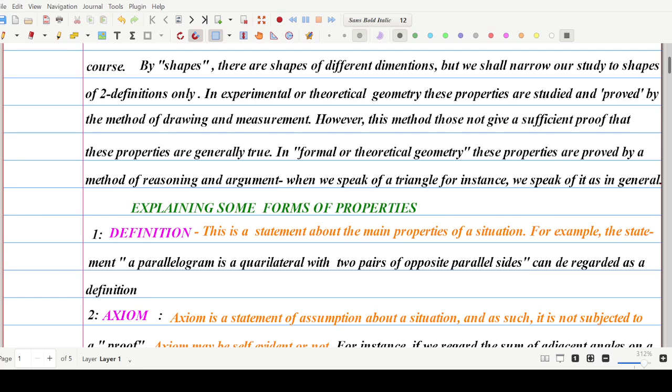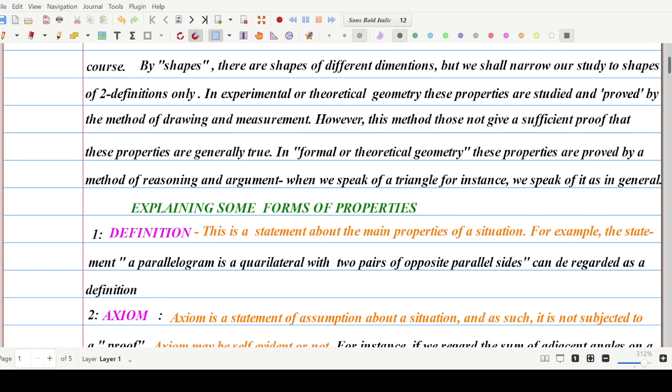So let us now explain the properties of shapes. Don't forget, I said geometry is the study of the properties of shapes. These properties can manifest themselves in various forms. Some of these forms are given here, under the subheading, explaining some forms of properties. The properties can manifest themselves in some forms. The first form here is